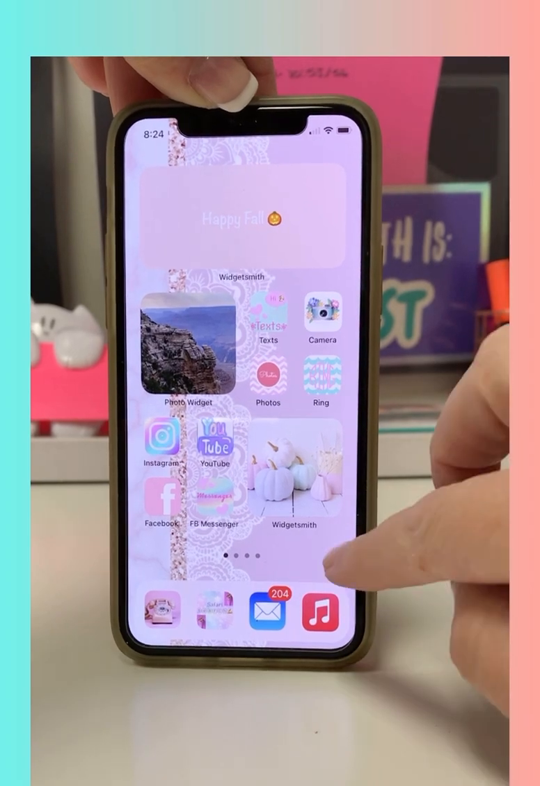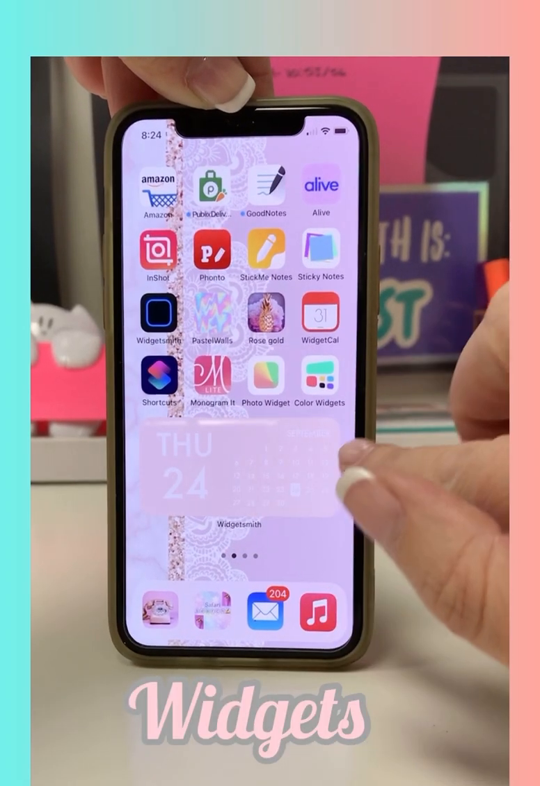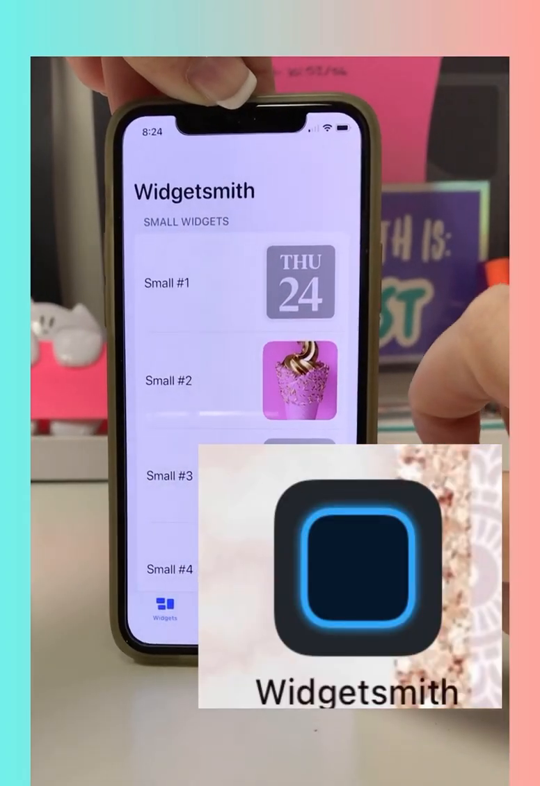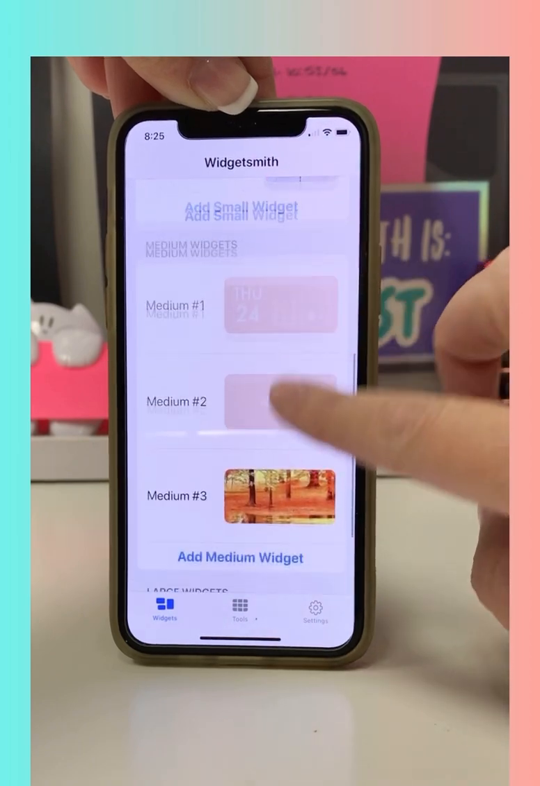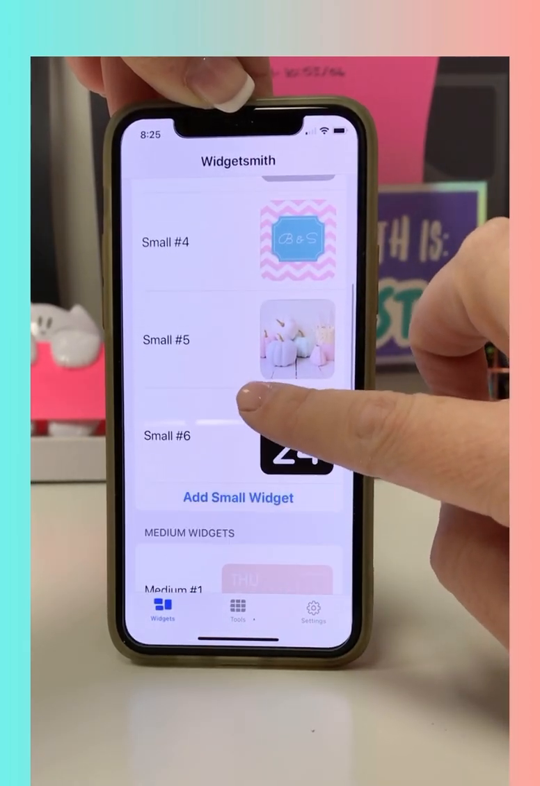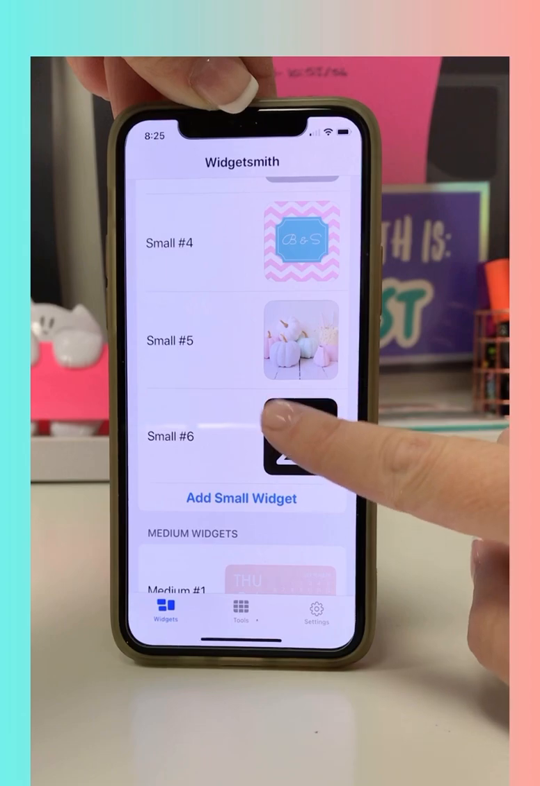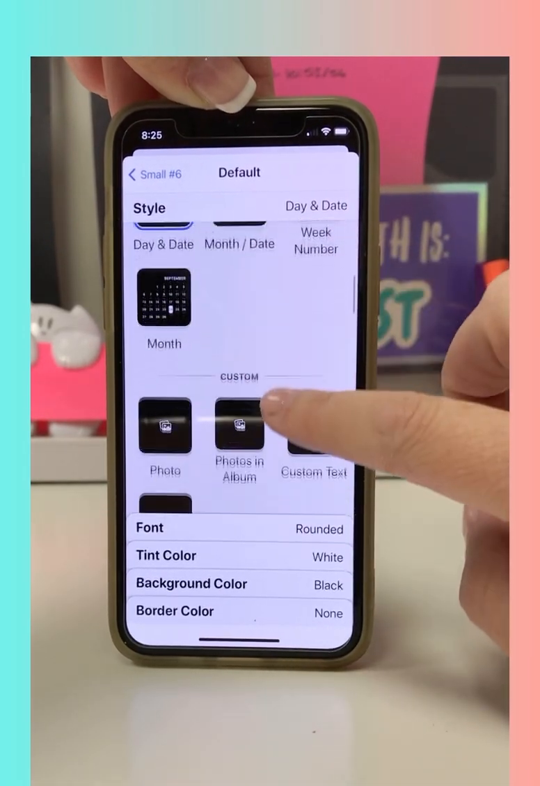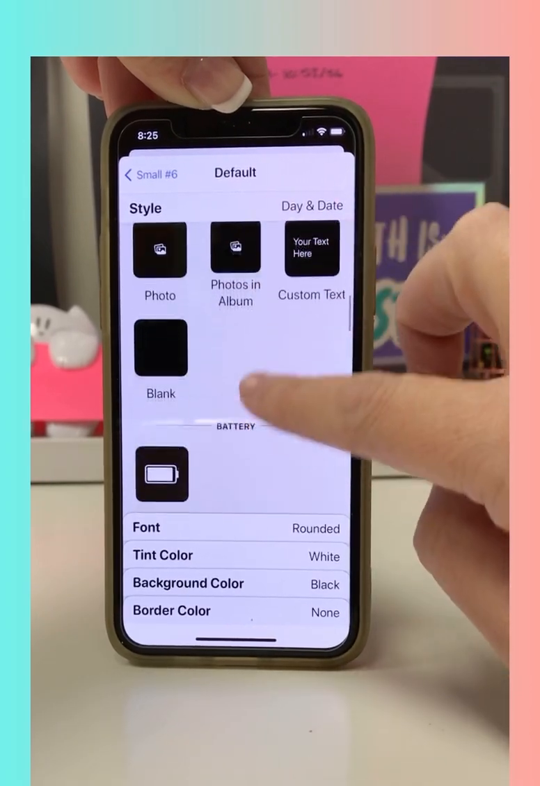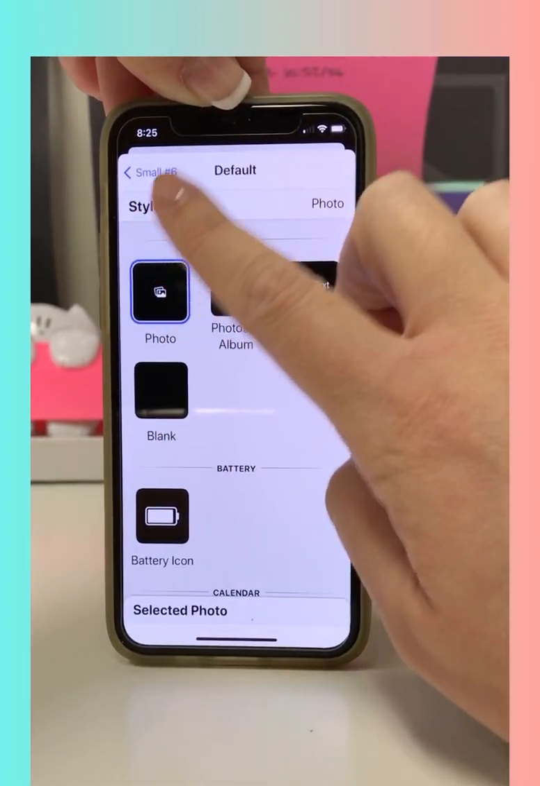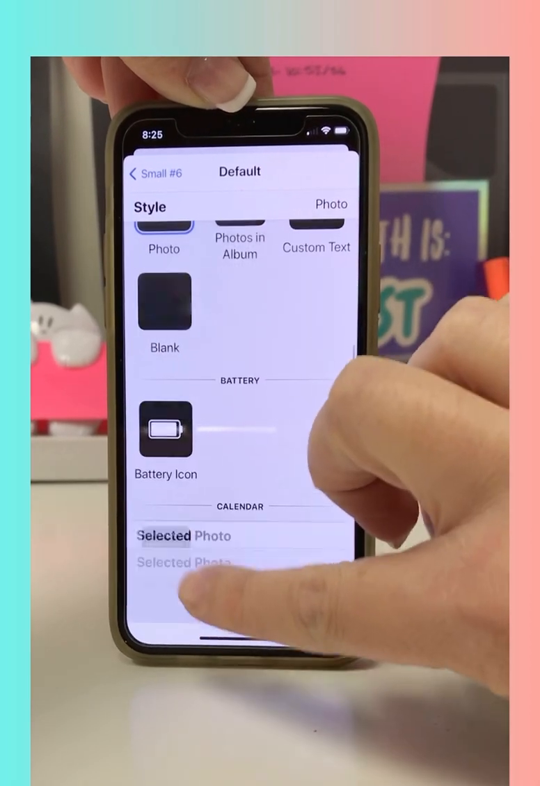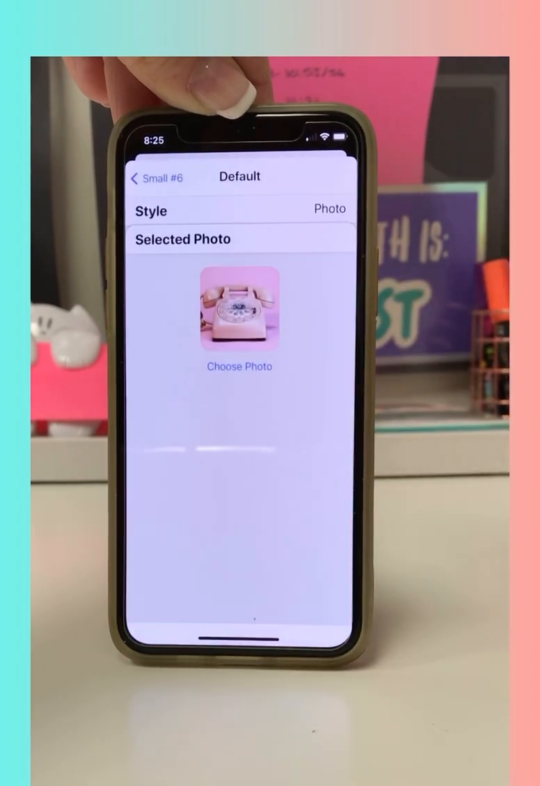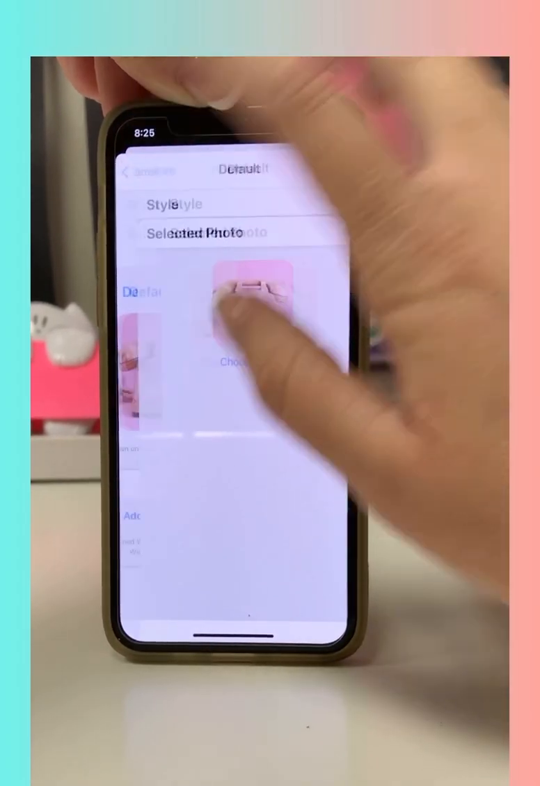Alright, so next, how you get the widgets. I downloaded Widgetsmith, which looks like this. And I just created a couple of small widgets. It comes with a basic one, so if I did add small widget, they usually start like this. And then you just click it, and you can customize it any way you want. So maybe you want to do a calendar and change the colors, or you just want to pick a photo, and then you select photo, and maybe I just want to do this cool phone right here,